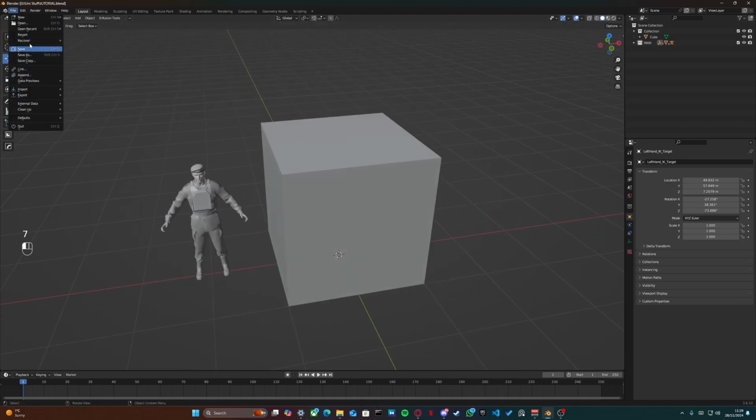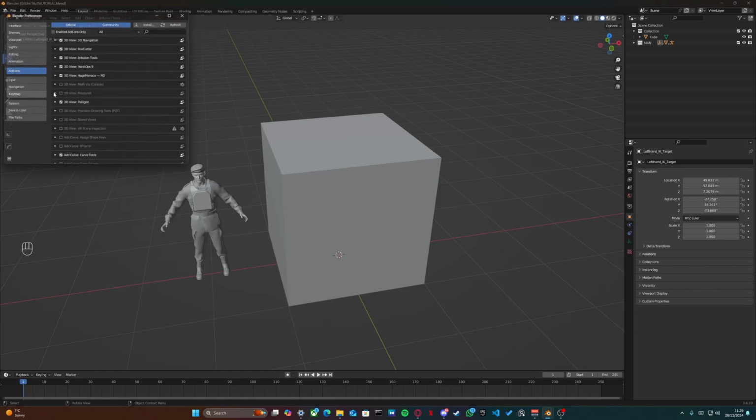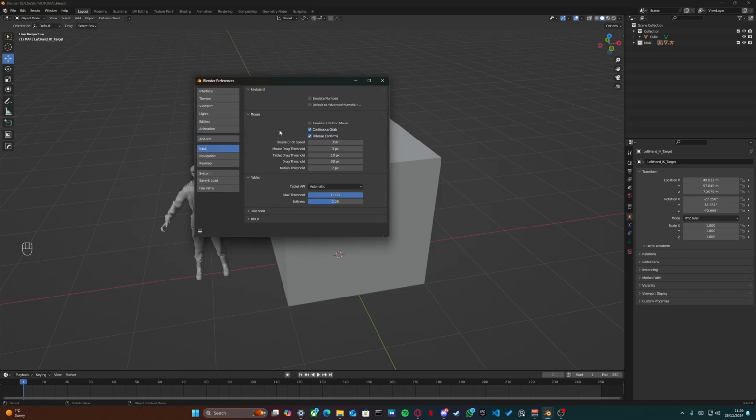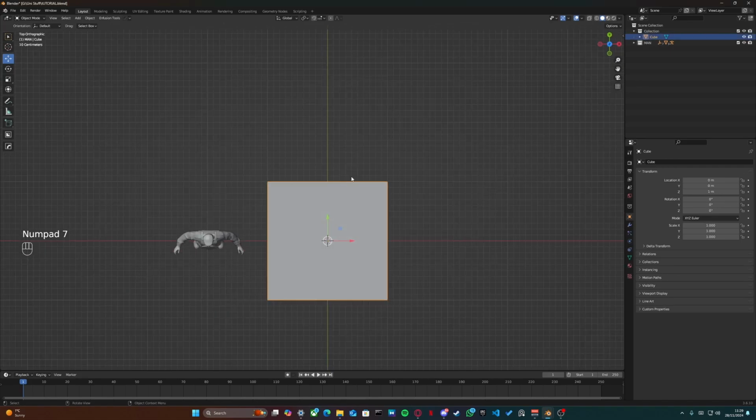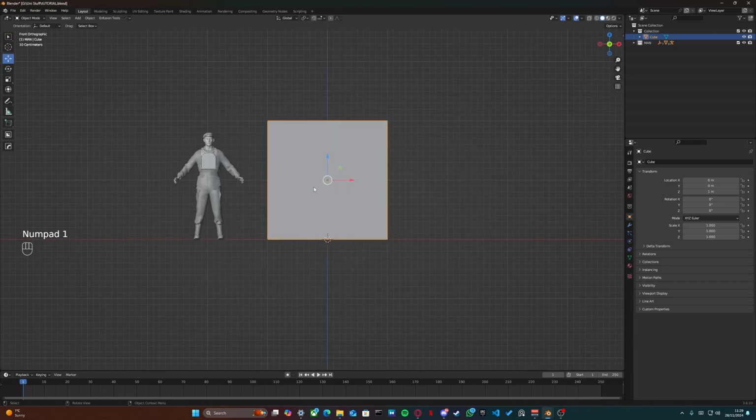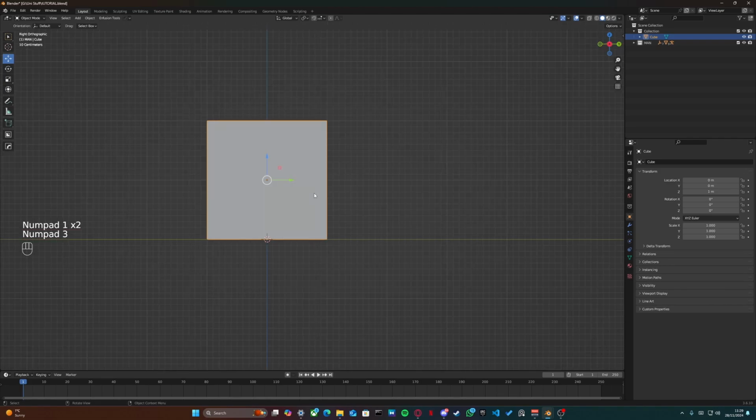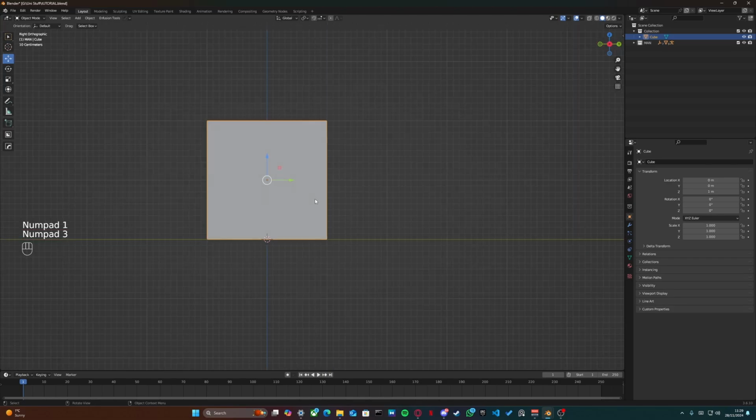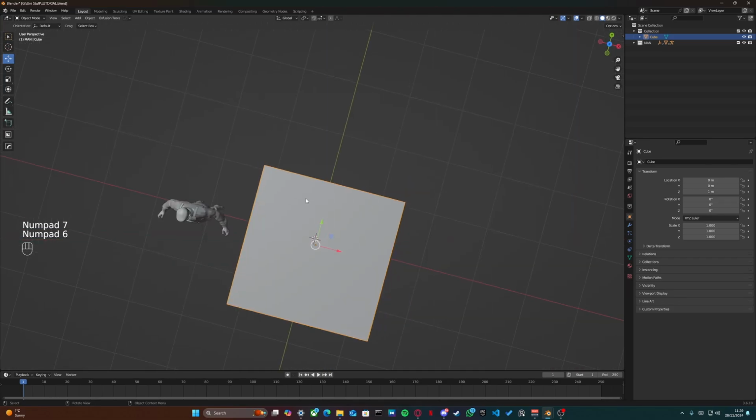I got a new keyboard as well because I need to set my preferences. If you guys don't have a number pad, this is for you, because I got a new quick keyboard and it doesn't have a number pad. So you're gonna click emulate number pad, and then when you press 7 and 3, 1, that is your side. So this is your front view, side view, and top view. So 1 front, 3 side, 7 top, and then the numbers in between